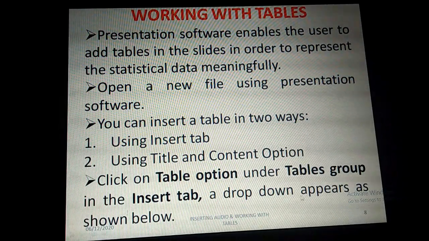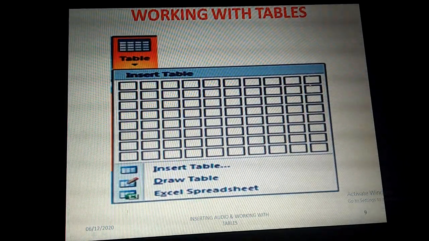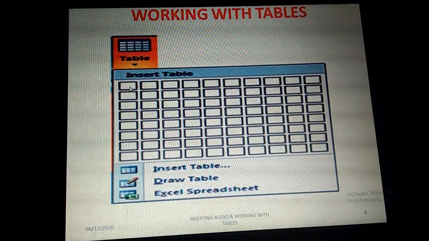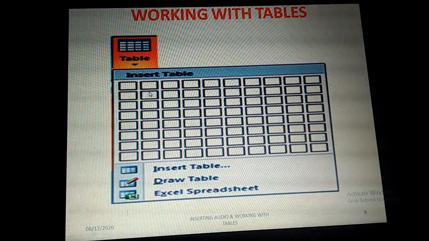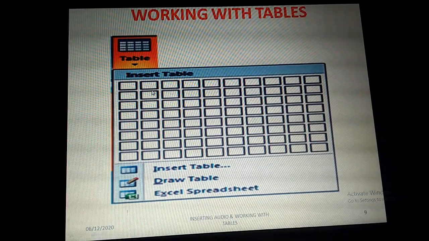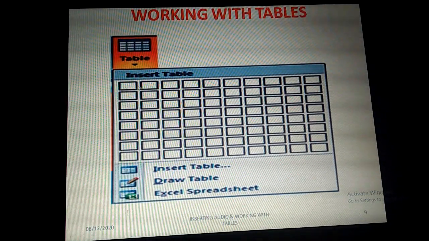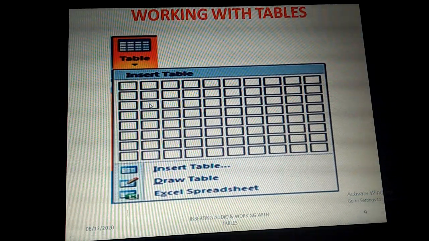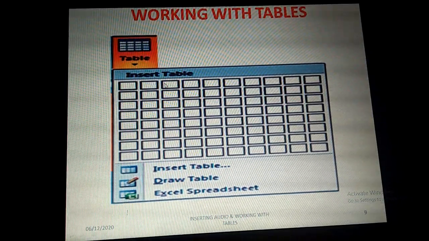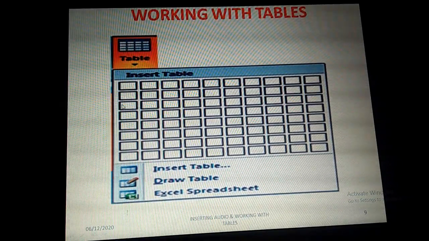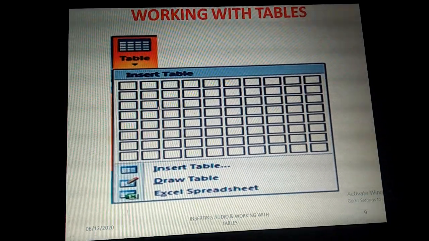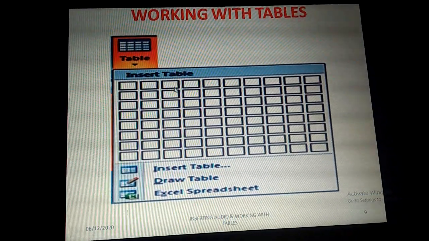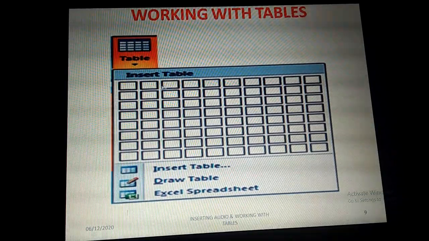The drop down list will appear as shown below. Like this, a drop down menu will appear. In this drop down menu you have the list of boxes. You can choose the number of boxes, the number of cells. If you want a 3 by 3 matrix, a 3 by 3 table, you need to choose from here to here to get 3 rows and 3 columns. You need to choose these 9 boxes alone. 3 cross 3, 9 only, will make a matrix format. So choose 3 boxes horizontally and 3 boxes vertically, and it will make a table like this.